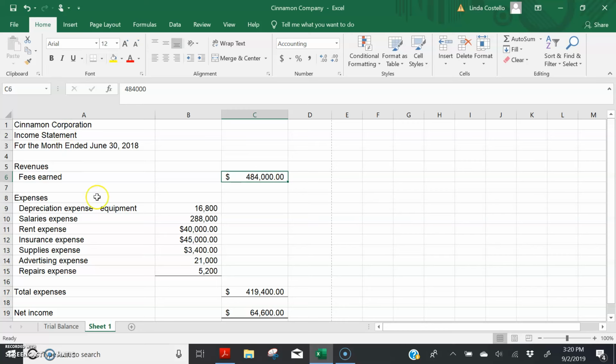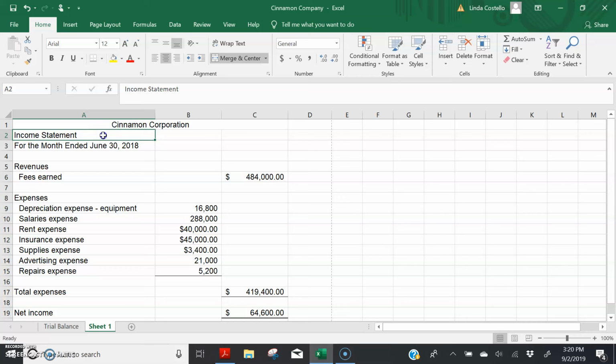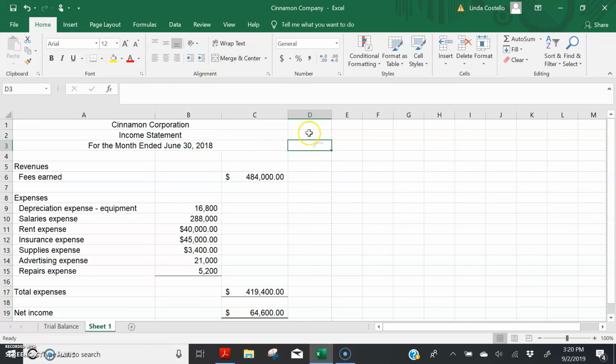As you know, the 3-line header is supposed to be centered over the worksheet, over the 3 columns of the worksheet. So let's do that. 1, 2, 3 columns, not way over here, but 3 columns of the worksheet, merge and center. Okay, we're starting to clean this up a little bit.